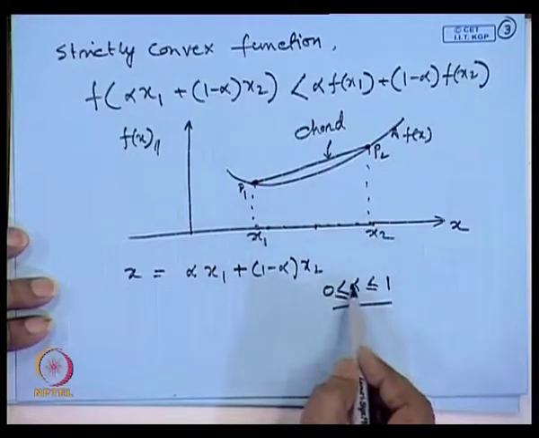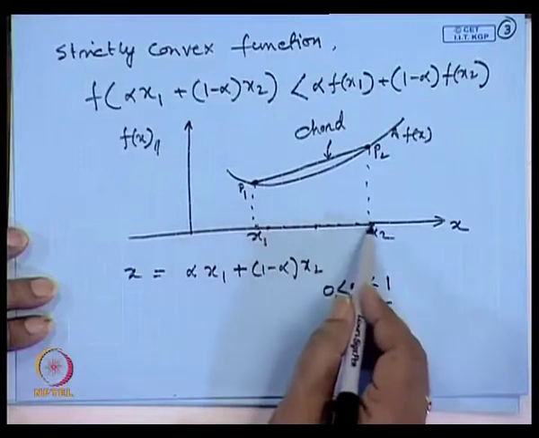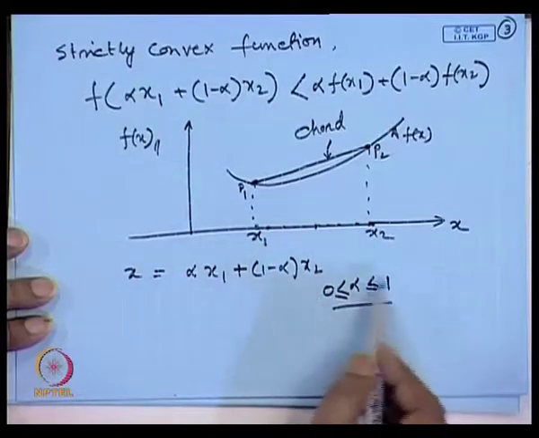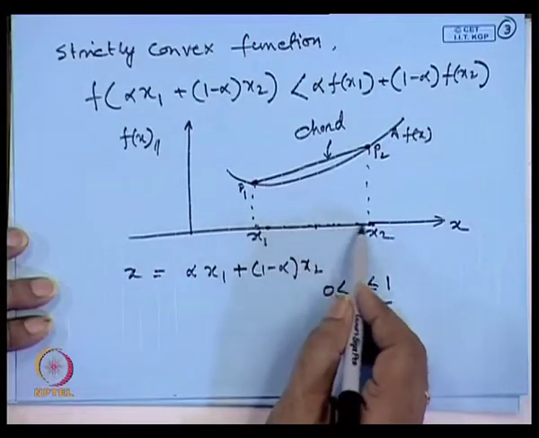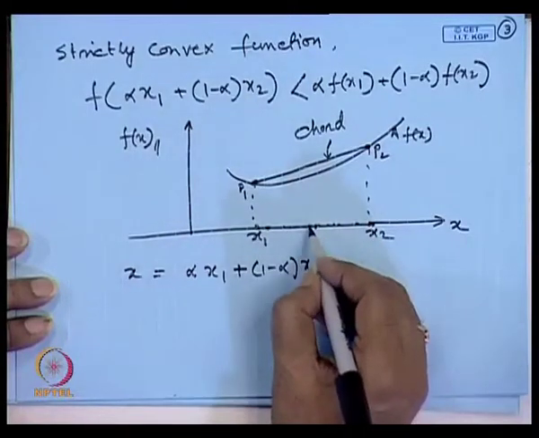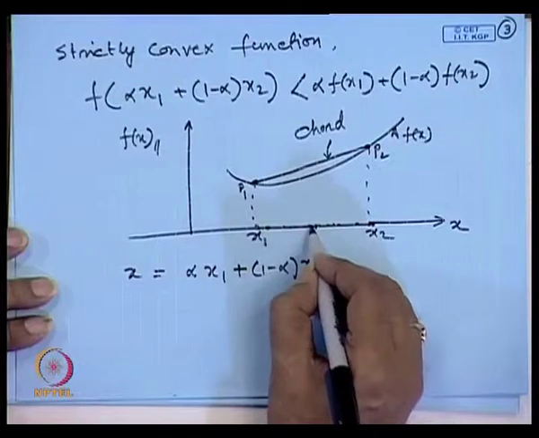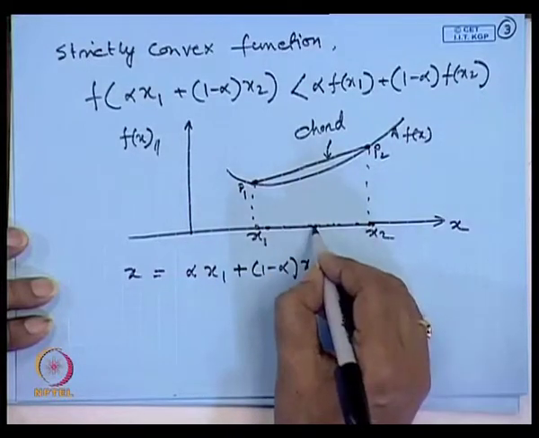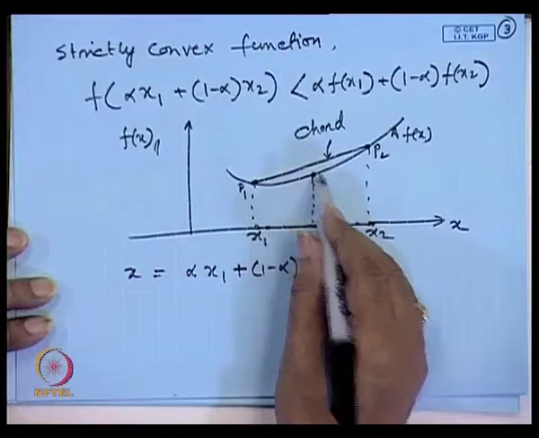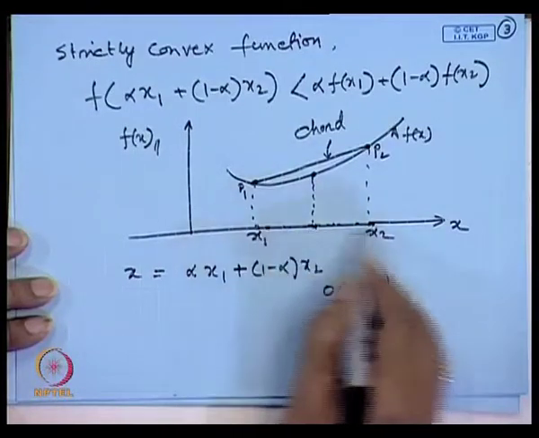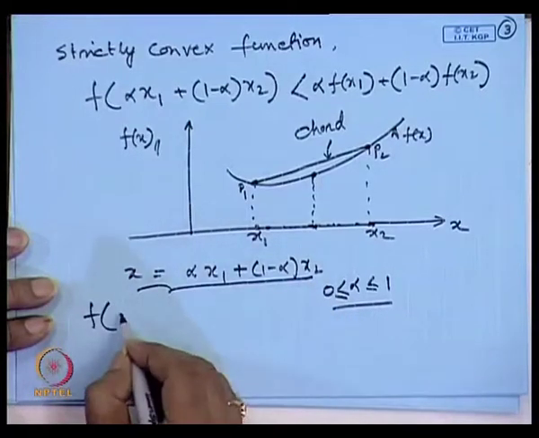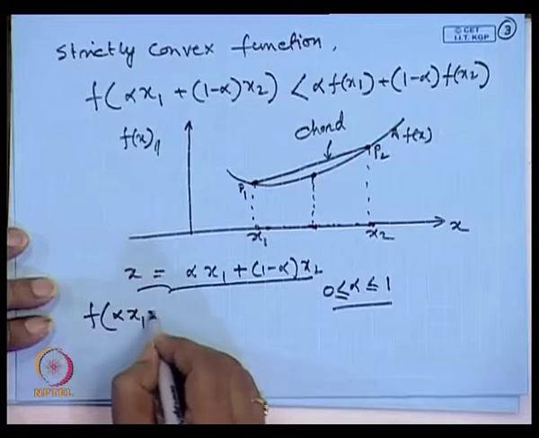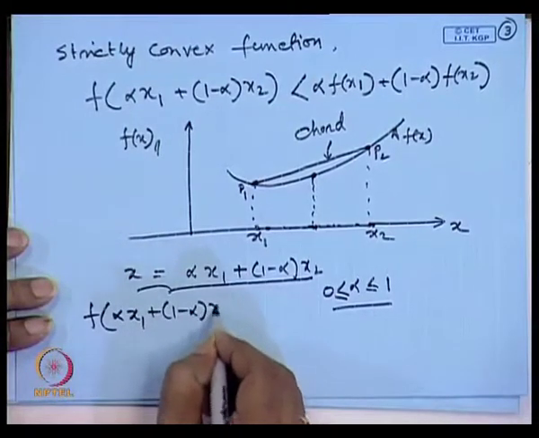See clearly, when alpha is 0 it is nothing but the x 2 point. When alpha is at the extreme limit, when alpha is 1, it is nothing but the x 1 point. So, for alpha in between this range, it lies between x 1 and x 2. So, for any value between x 1 and x 2, there is a function value. What is this value x? Any value in between x 1 and x 2 is given by that expression. So, what is the function value? f of alpha into x 1 plus 1 minus alpha into x 2, this value,